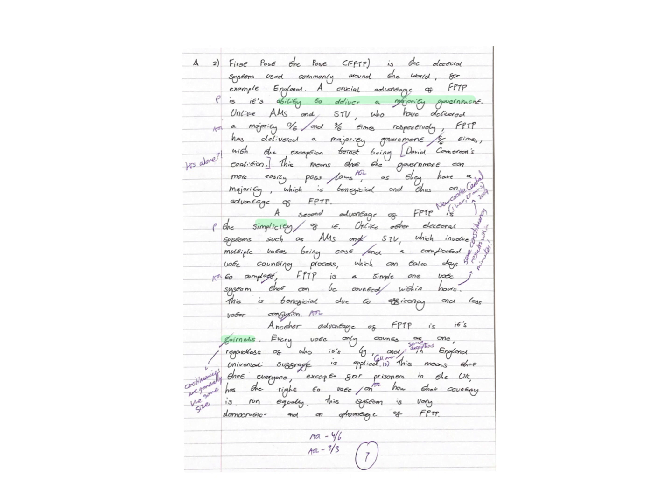Now, it wasn't his coalition, it was a coalition of the Liberal Democrats and the Conservative Party. Also, you've got to remember that 2017 to 19, it was a Conservative minority government. And so the knowledge could be better there in an understanding of that election result, that the Conservatives relied upon the voting support of the Democratic Unionists between 2017 and 2019. The analytical comment is really good. It means government can easily pass laws, they have a majority, beneficial and an advantage.